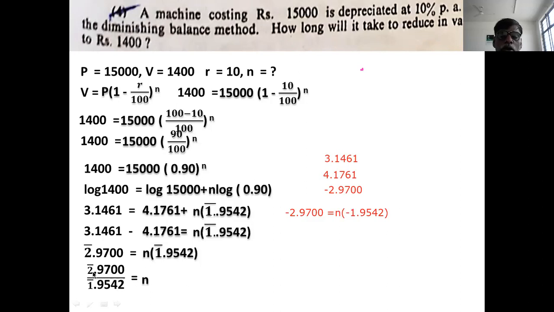In this stage, the numerator is minus, the denominator is also minus. Mantissa is always positive, remember this point. Mantissa is always positive. So if you deduct it and take the real value, deduct the Mantissa from the characteristic in the numerator and denominator also. If you deduct minus 2.0.9700,